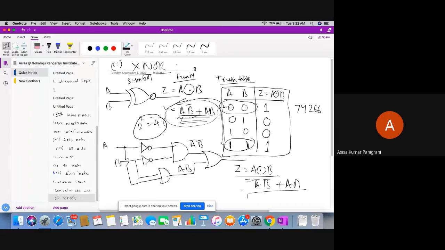Next, we have seen the universal logic gates. Universal logic gates are NAND and NOR. With the help of NAND and NOR, we can design the basic gates, and we can design any type of digital circuit in the world. That's why these are called universal logic gates. Then we came to the exclusive operation gates, XOR and XNOR. Mainly we have seen that they are a one odd detector and a one even detector, and these exclusive gates are used mainly for error correction and detection.